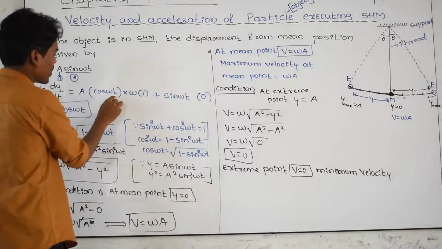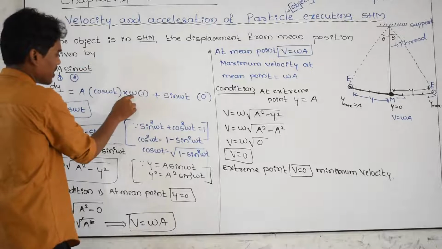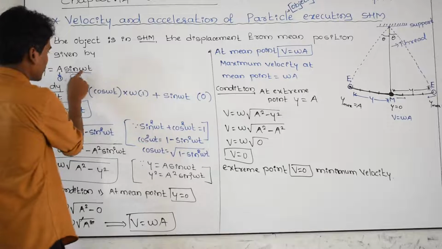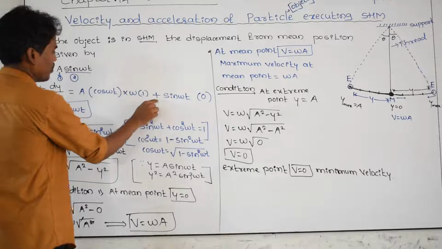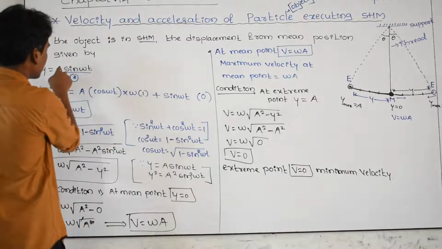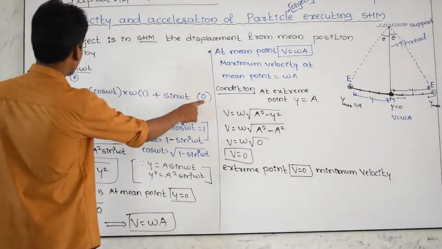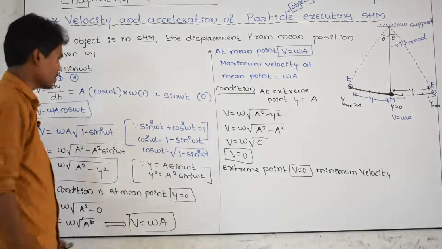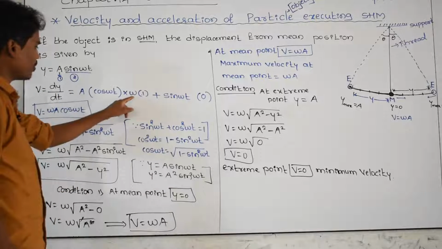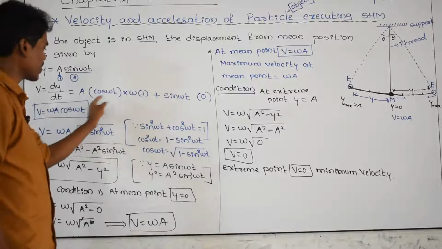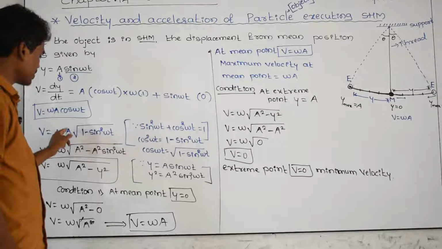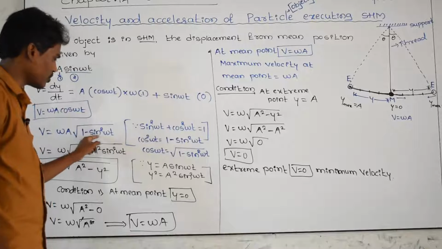Differentiate y. Sine function gives a cos omega t. Again omega is a constant, keep it as it is, it cannot be differentiated, and differentiation of time is 1. Differentiation of this y function is over. Make plus and keep y as it is, and differentiate the a function. Differentiation of this amplitude is 0, and here v is equal to omega a cos omega t as it is, and this is 0. Omega a as it is, cos omega t can be written as root of 1 minus sin square omega t according to this formula.